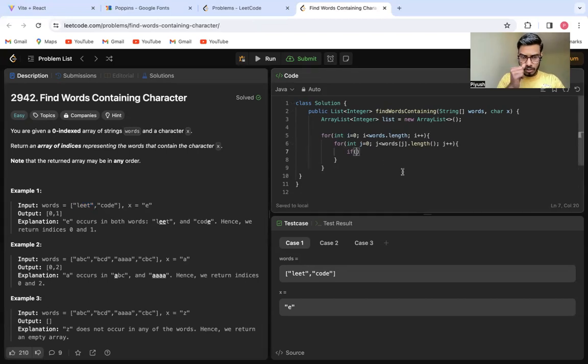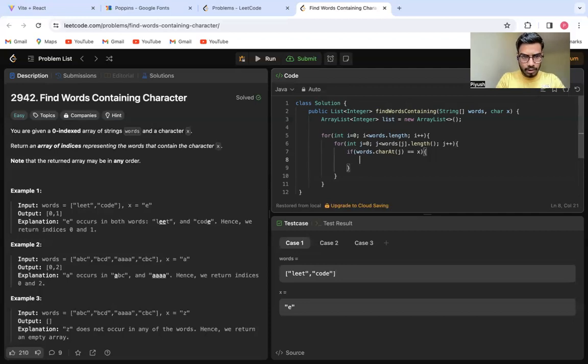So what we'll do is words of i dot charAt of j equal to x. If yes, then